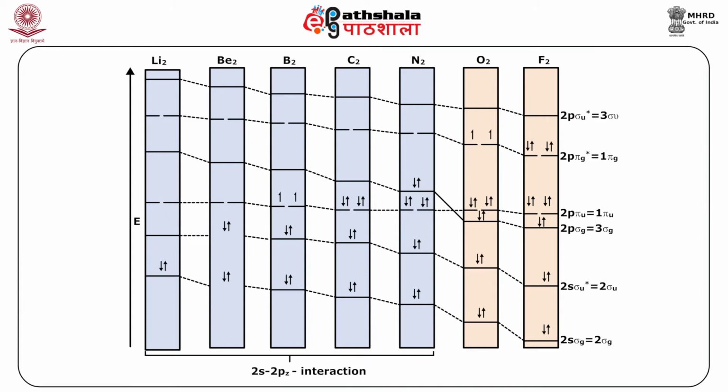So, you can note in the figure there is a change in the energy order after dinitrogen, where the total number of electrons is equal to 14. Up to nitrogen, sp mixing can occur, which raises the sigma level above the pi level. As in the case of atomic spectroscopy, it is very cumbersome to write the electron configuration. So, we use the molecular state symbols, which can provide all the information that is needed. Now, this is the figure which shows the molecular orbital energy level diagrams for the diatomic molecules of the second row elements, and you find that up till nitrogen, the blue ones, the energy order is different from oxygen and fluorine, where no sp mixing occurs.